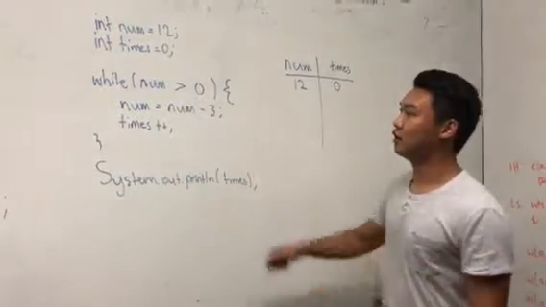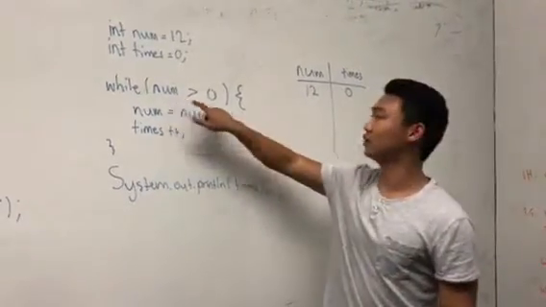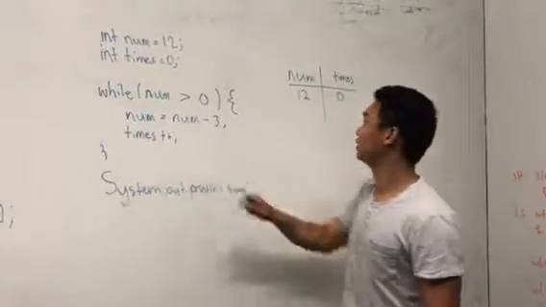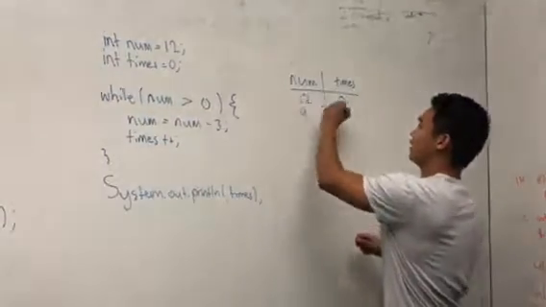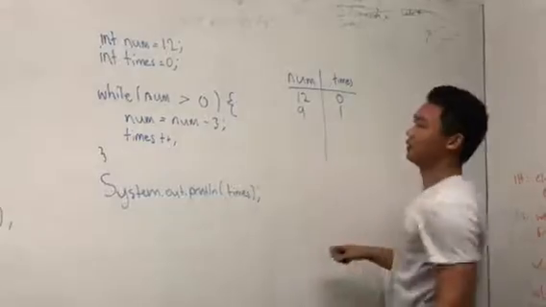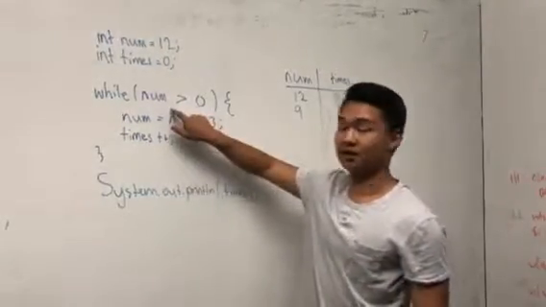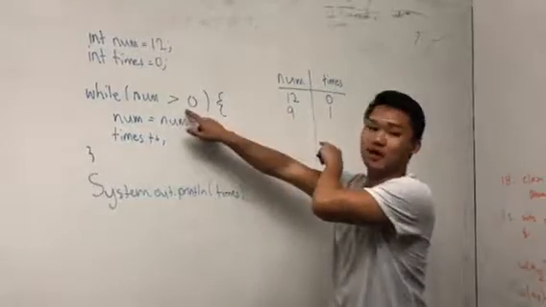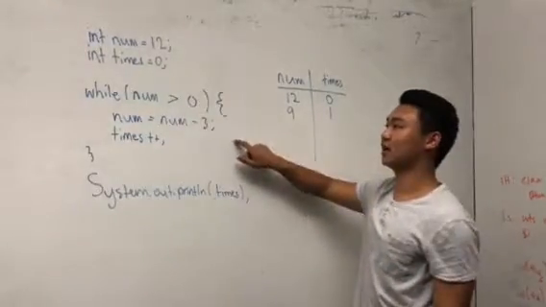So we check while num, which is 12, is greater than 0, we'll subtract 3 from num and increment times. So num is now 9, times is now 1. Now we go back and check the condition again. While num, which is now 9, is greater than 0, it is. Execute the code inside. Num equals